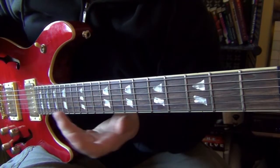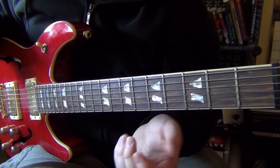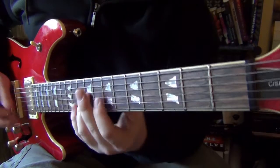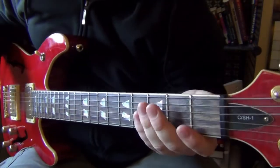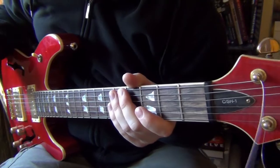Now you can move that to different pentatonic positions, or you can just move the same shape up and down if you'd like. For example, you could go like, etc. And the third exercise is a 3-note per string